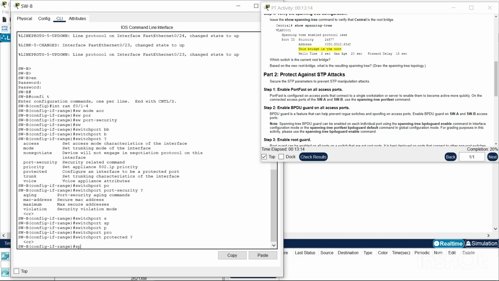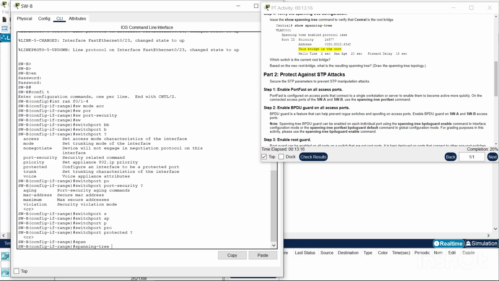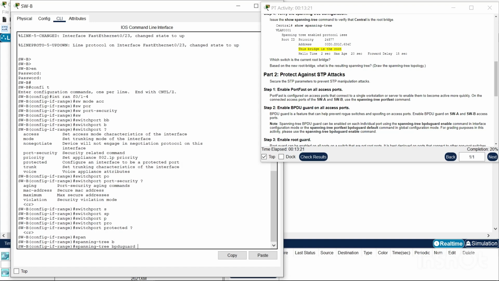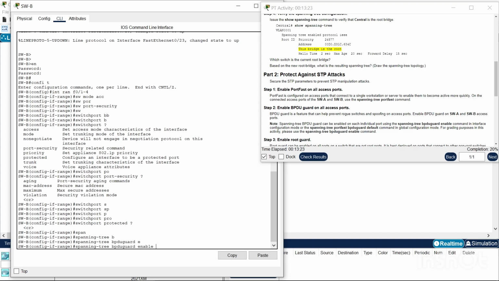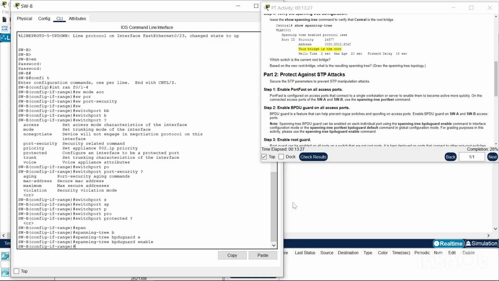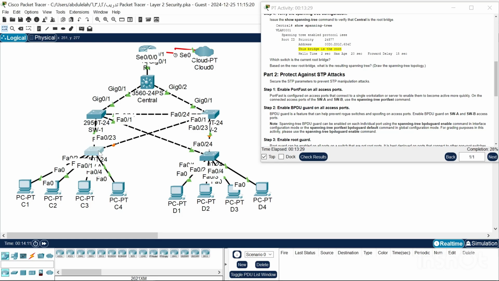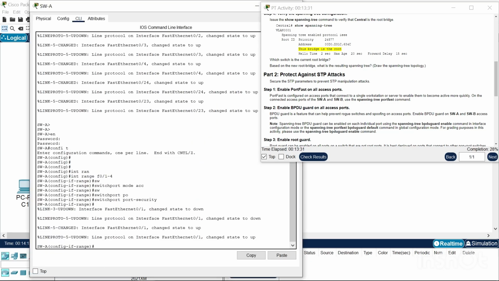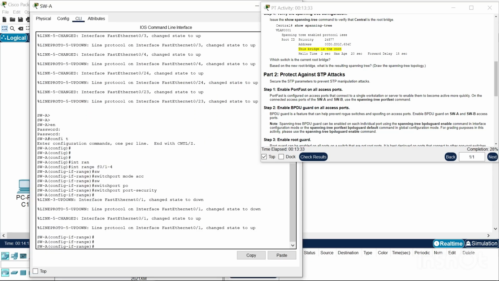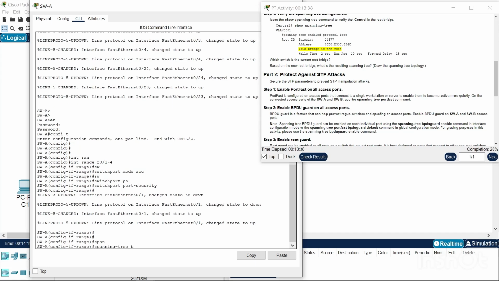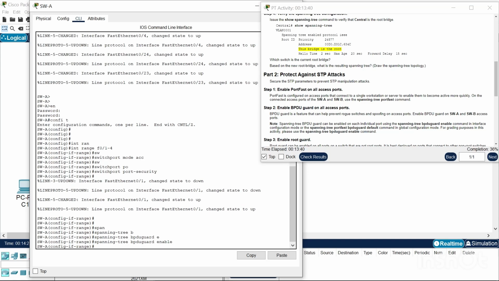How do we do that? Spanning tree portfast bpduguard enable, and click enter, and do the same with switch A. Spanning tree BPDU guard, it's enabled. And now